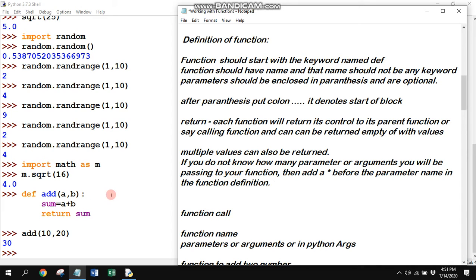Now I will just tell you the basics of functions. I hope creating a function and calling a function is clear.